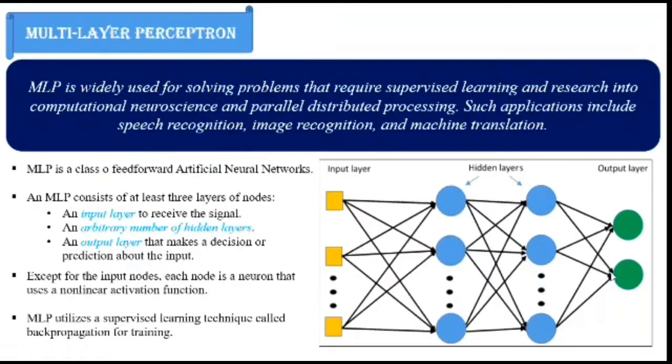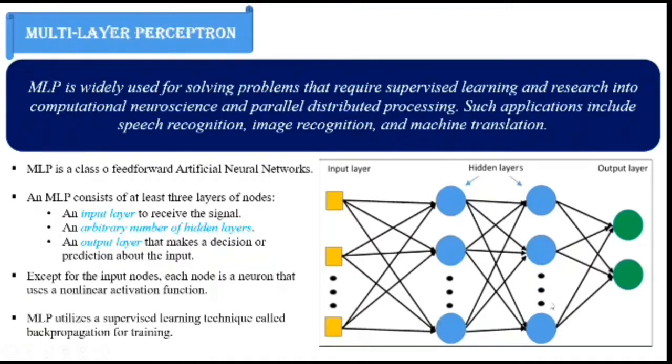So now let's see what exactly is this multi-layer perceptron. Here we have this input layer where all of the inputs are sent, and then the processing is done in these hidden layers over here. So each of these hidden layers does a part of the processing work. So let's say the first stage of processing is done in the first hidden layer, the second stage of the processing will be done in the second hidden layer, and it goes on.